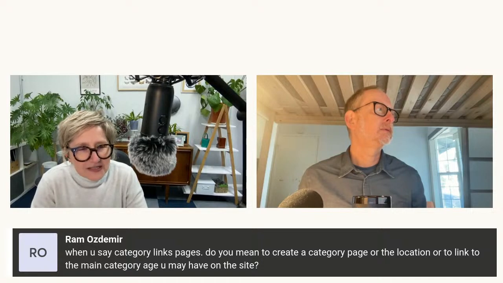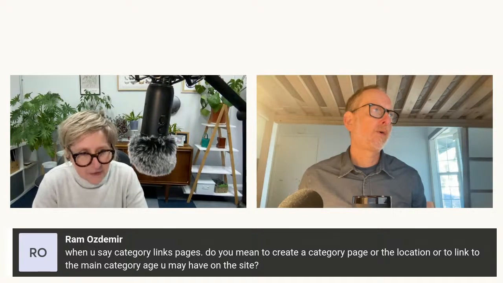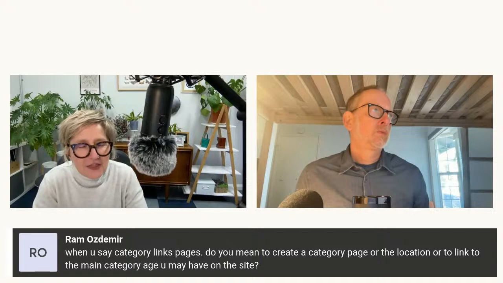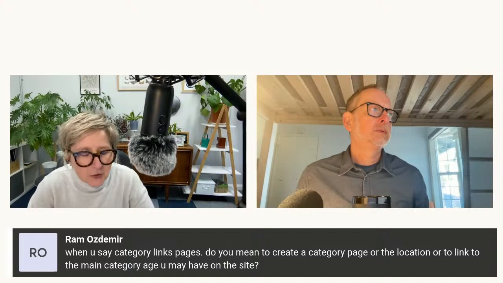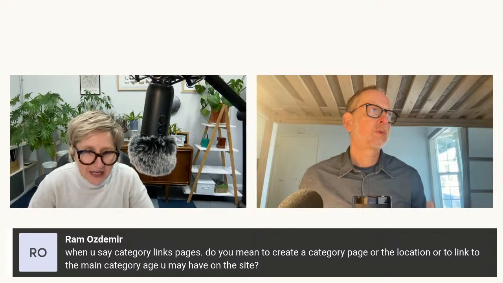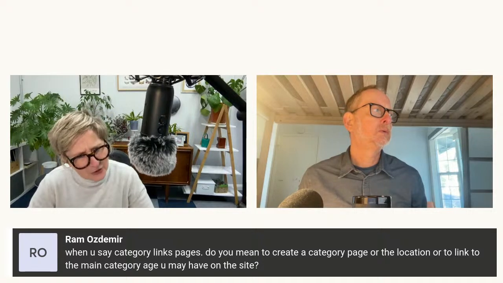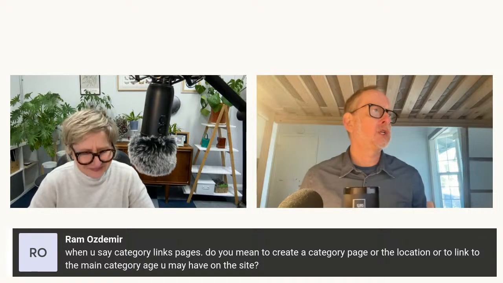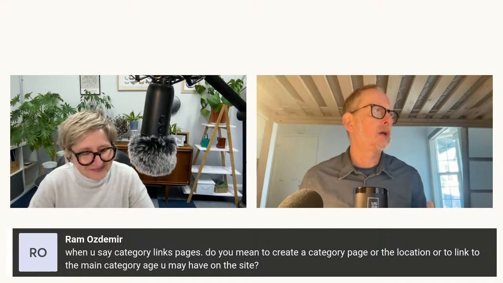Okay, so when you say category links from the pages, I think this person is talking about location pages. Do you mean to create a category page for the location, or to link to the main category page? In the specific research I showed, it was for an e-commerce site.